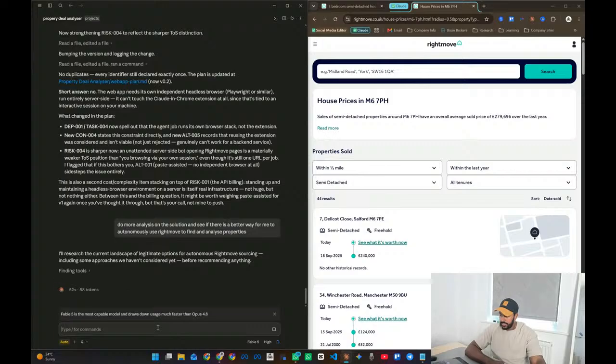Then yeah, it needs to be really close to what I had in mind. Even as an MVP, it still needs some kind of automated thing. So research the current landscape of legitimate options for autonomous